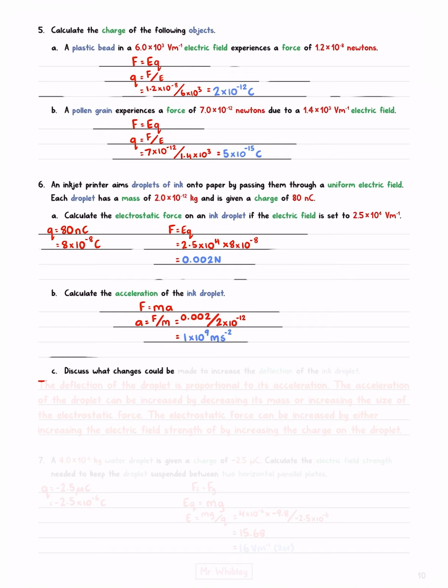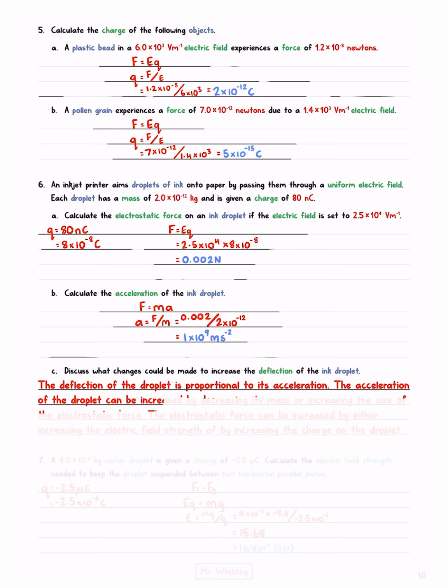Discuss what changes could be made to increase the deflection of the ink droplet. The deflection of the droplet is proportional to its acceleration. The acceleration of the droplet can be increased by decreasing its mass or increasing the size of the electrostatic force. We know this because F is equal to ma, and so to increase our acceleration, we would either need to keep the force the same and decrease the mass, or if we're keeping the mass the same, we'd need to